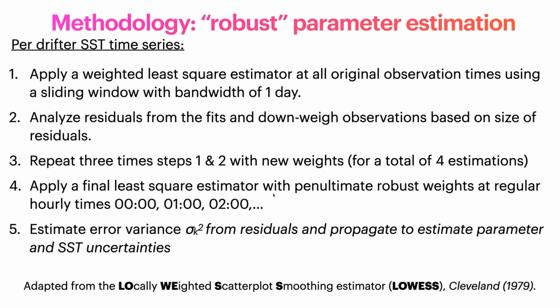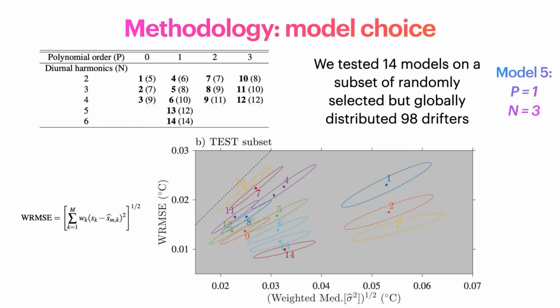So I told you we were going to estimate the parameters. The method to estimate the parameters is actually a little complicated, but I'm going to try to summarize it here in the slide. And if you want to know all the gory details, please refer to the paper. We have a preprint about it. But what we're going to do is apply a weighted least square estimator at all the original observation